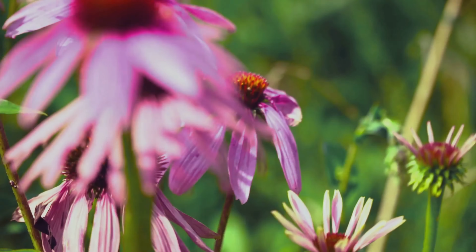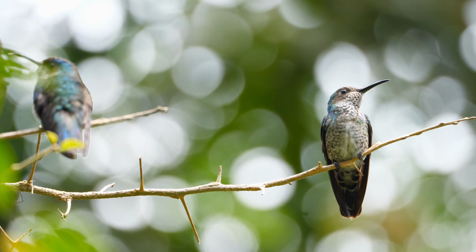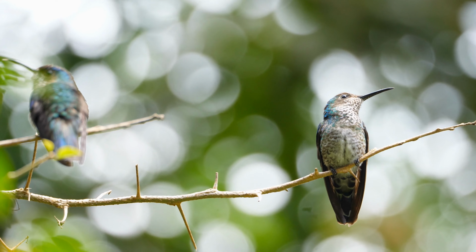Finally, let's not forget our feathered friends. Birds, especially hummingbirds and honeyeaters, are among the most efficient pollinators. Their long beaks and high energy levels make them perfect for reaching into the deepest flowers, ensuring the plant's survival